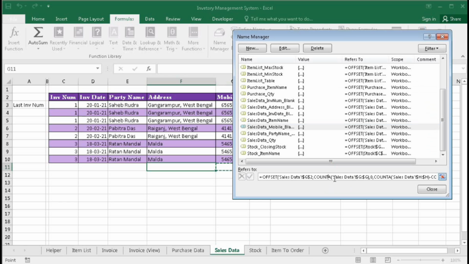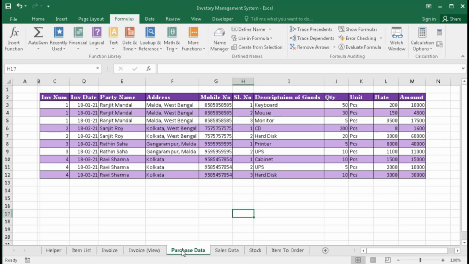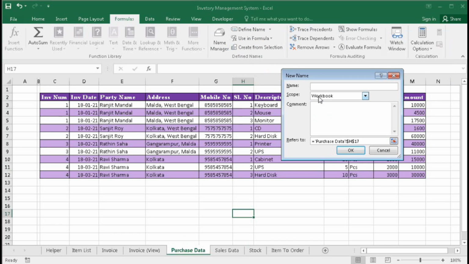So we have created all the ranges for invoice num, invoice date, party name, address and mobile number. Now we will create the name range for purchase order in the same way. So name, new, purchase data underscore inv num underscore blank